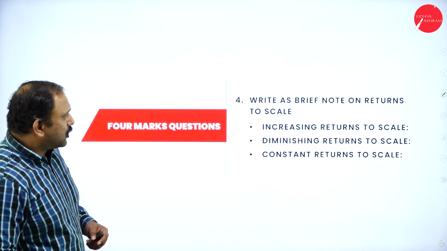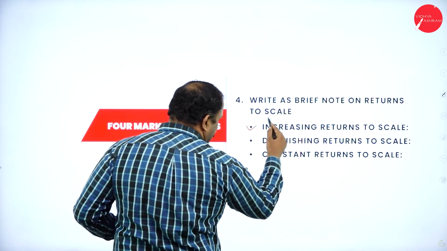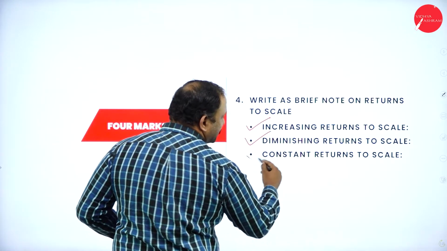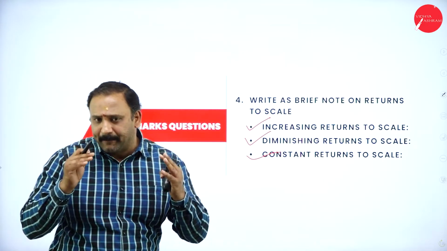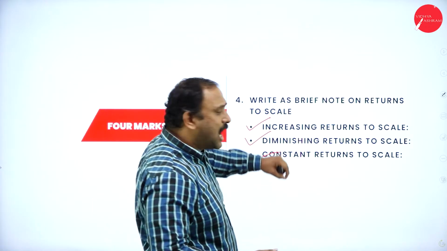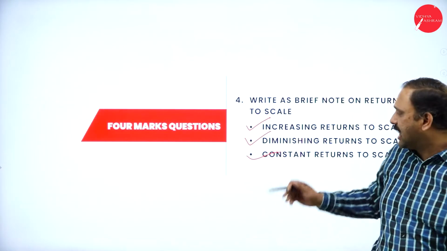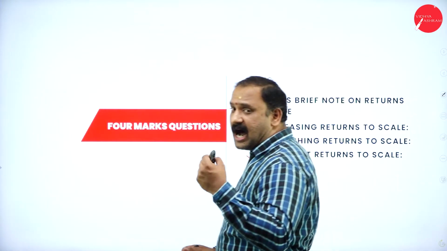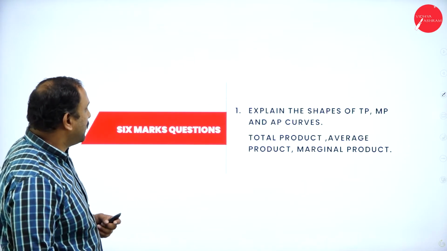Now, we are also going to talk about brief returns to scale. We have spoken about it in the 2 marks. What you have to do is talk about the increasing, the diminishing, and the constant returns to scale. These are very, very important for you. So please draw the diagram, explain how the increasing returns to scale, how the diminishing returns to scale, and how the constant returns to scale are a part of the situation that has been told to you,